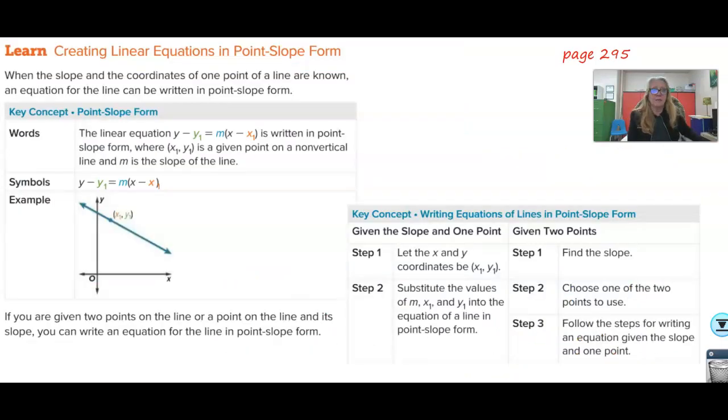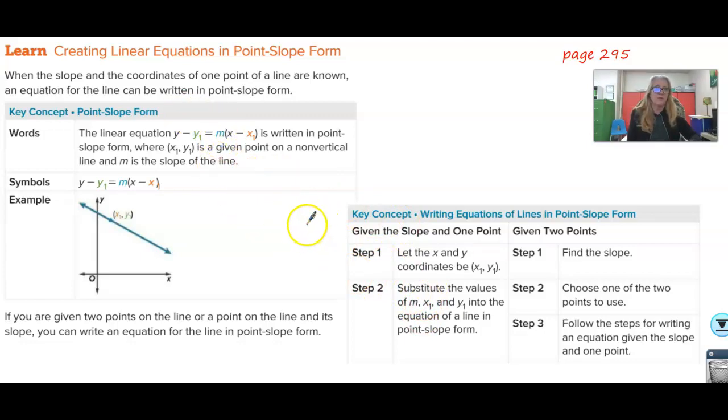Okay, so this is a lot of print on one page. Basically, what they're showing you here is that they've given you a point and a slope, and they're trying to explain that the point goes here and here, the x and y go there, and the slope goes here. Okay, these are the steps. If they give you the slope and a point, then you only have to do two steps. You take the x and y they give you, and you put them into the equation. And then you take the slope they give you and you put that in the equation,